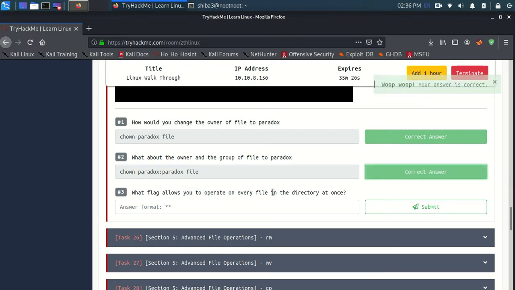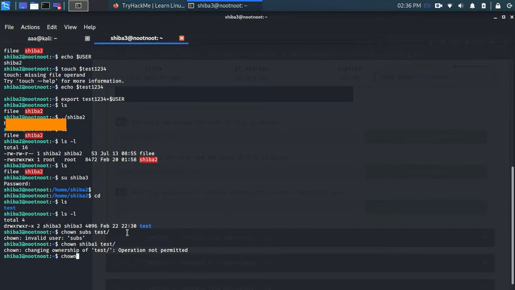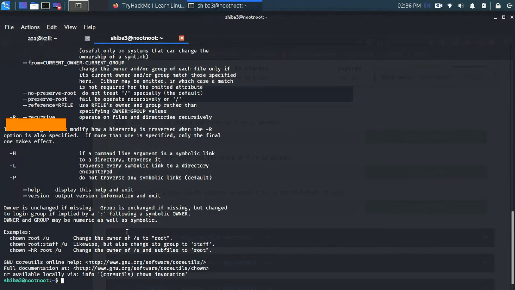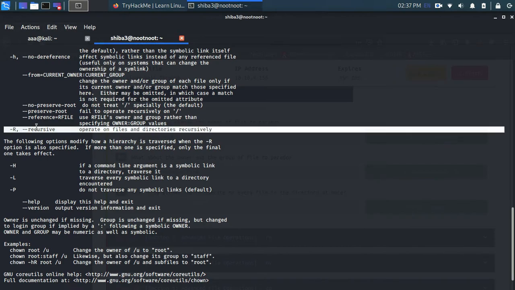What flag operates on every file? I think it's -r. Yep. And how do I know this? It's chown --help or man chown. You can do any of these. Yep. Operating on files and directories recursively.